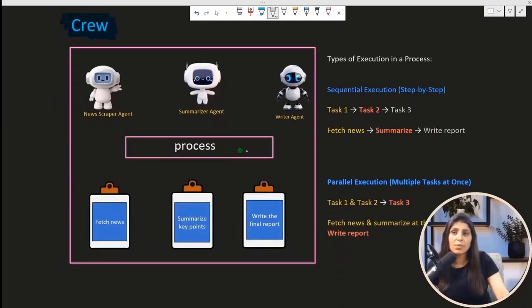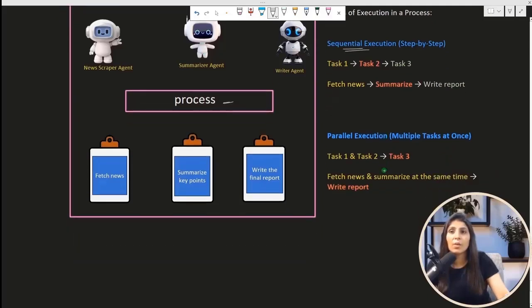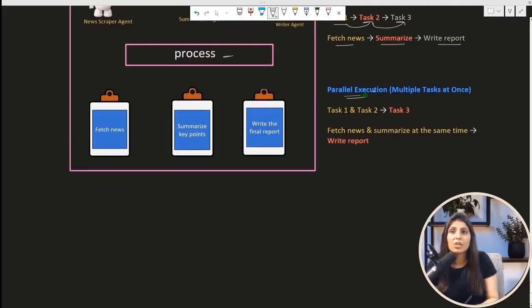As I've told you, this process can work in two ways. One is sequential execution and the other one is parallel execution. Sequential execution means first task one will be completed, then it will go to the second task, then the third task will be done, right? Fetch news, then summarize, and then write the report. And then we have parallel execution. Parallel execution means task 1 and task 2 we are doing together and then we are performing the third task.